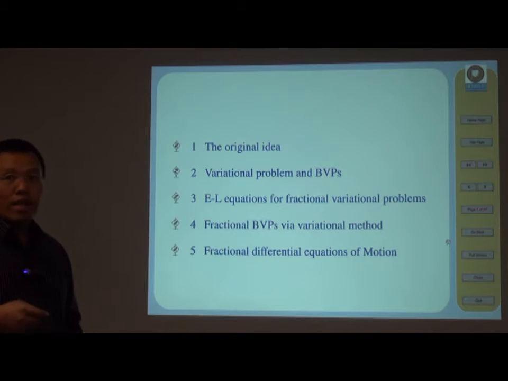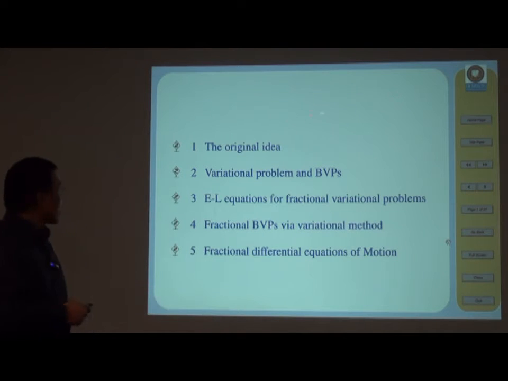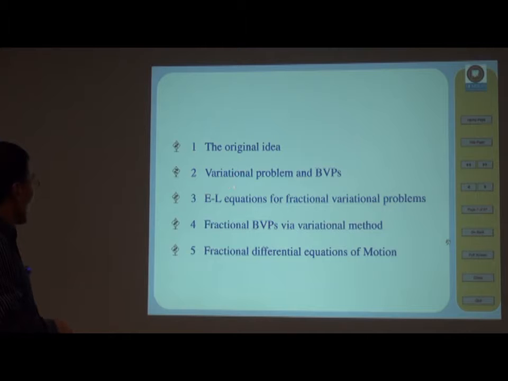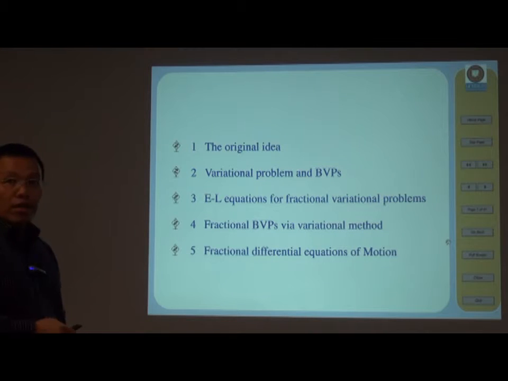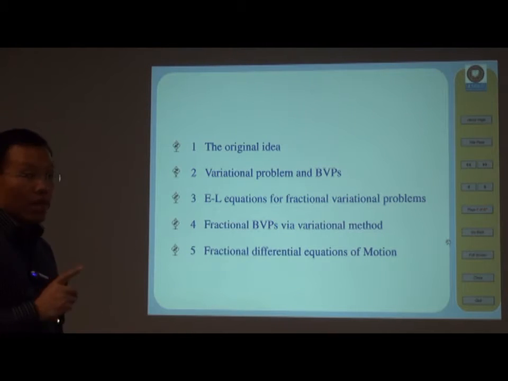Talking about the lecture. In the last lecture we talked about the variational methods, the original idea, the variational problem and the boundary value problems. And in section 2, we mainly talked about the relation between the variational problem and the solution to boundary value problems. In this section, we talk about three